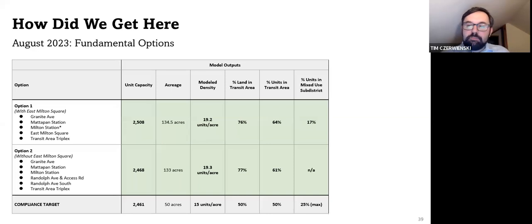So I mentioned the fundamental options. After all of that feedback and all of the things that we learned about the large parcels and the small parcels, our technical assistance consultant came up with these two options. Option one included East Milton Square. So we've got the Granite Ave subdistrict, Mattapan Station, Milton Station, the transit area, Elliott Street corridor, and East Milton